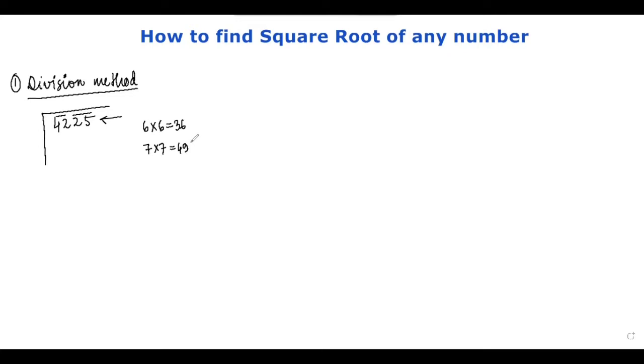Okay, so as you can see that 49 is larger than 42, so we cannot take 7. We'll have to go with 6 only. So we write 6 here and 6 6s we write 36 here. As in normal division we subtract here and we get 6, and remember this point that the whole pair comes down. Okay, so 625,